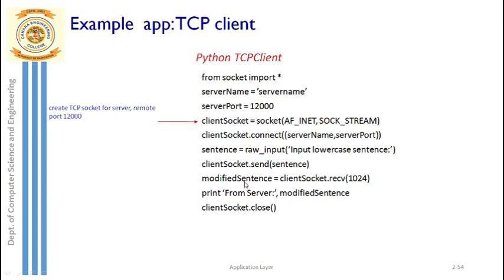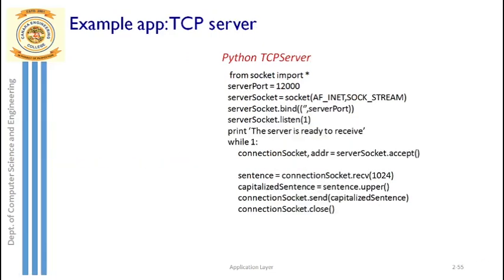That message directly you store in the variable called modified sentence. That's the only difference here. Okay. Now coming to the server side, here you have a few changes. What is that? First sentence remains the same. Second one is the port address 12,000. This time, you remember, this is the port address that you're using for the welcome socket only.